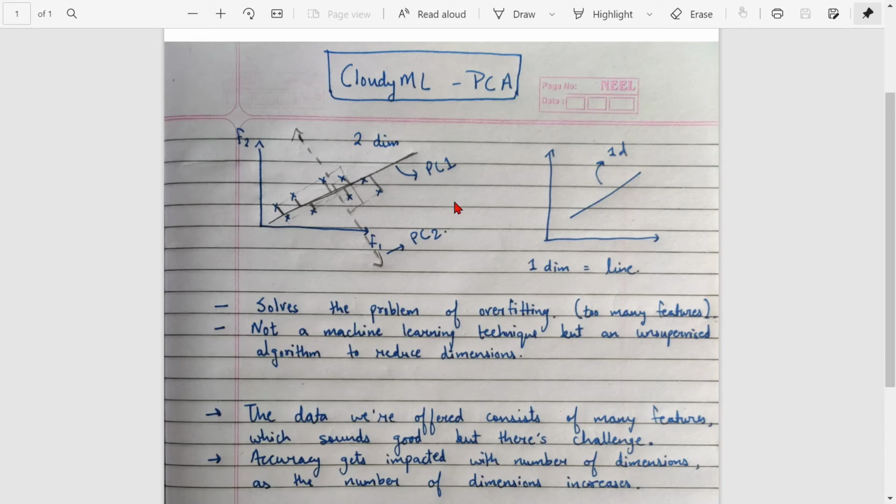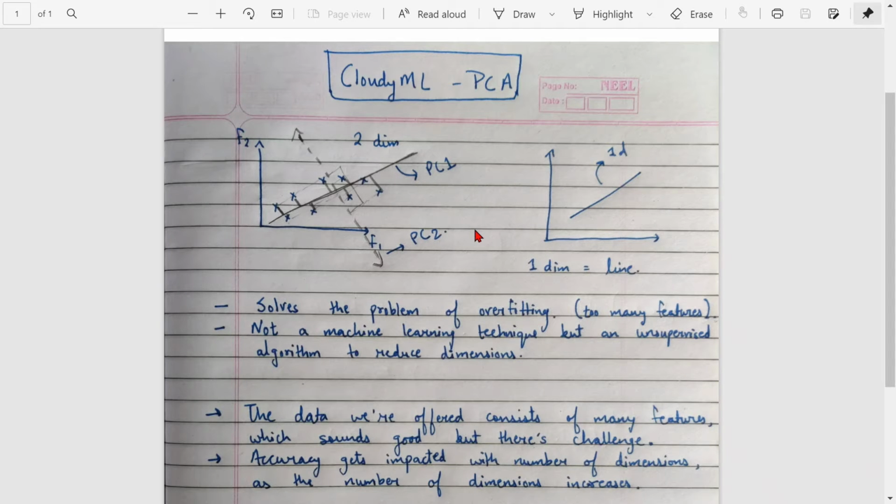So this is how I just mapped these points onto one line, which is our principal component one, PC1. It is now a one-dimension line, and all the points over this graph are now mapped onto it. Whatever value we have, this is our PC1 line, and this is how we reduced our two-dimension features into a one-dimension line.